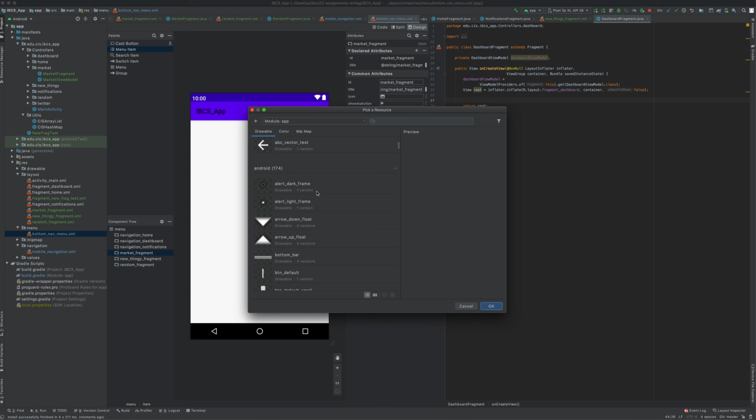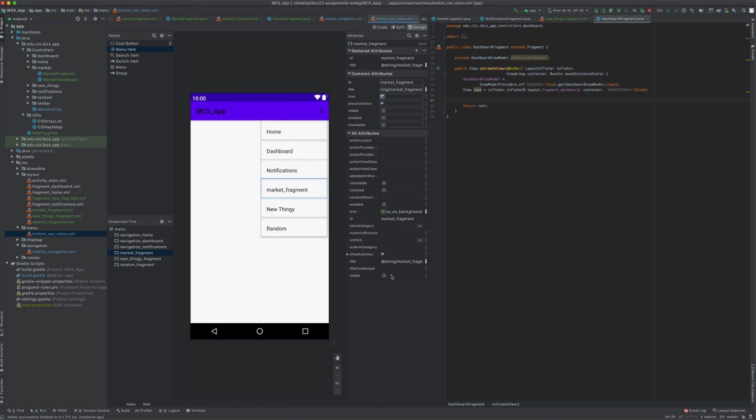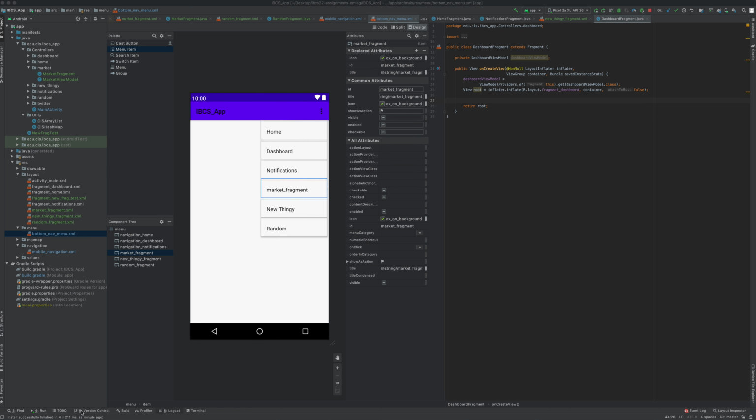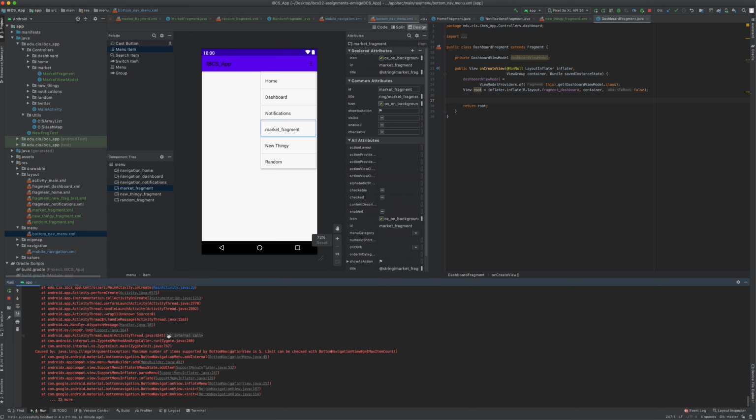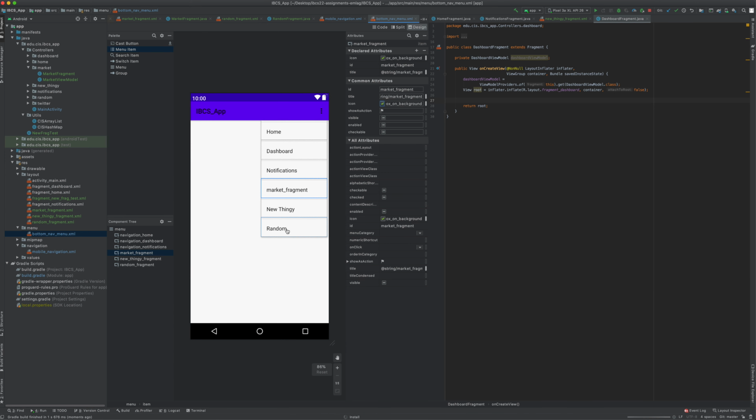So let's set an icon for the check mark for whatever reason. Not really that great. Okay, you set the icon there. Go through here, and then we click on recreate,